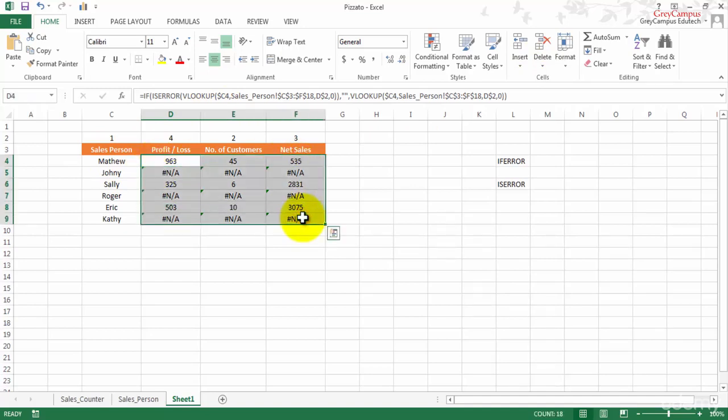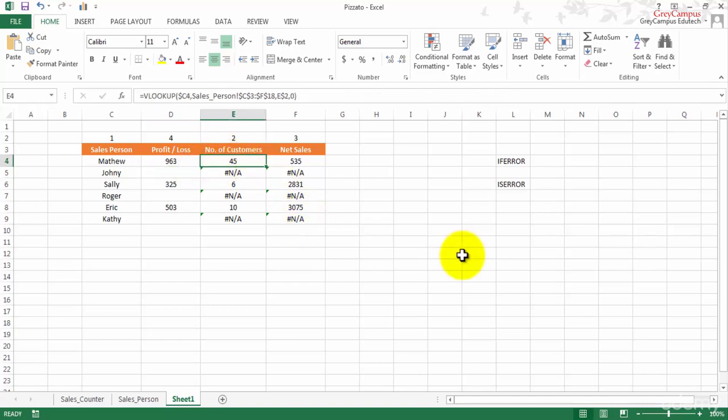However, if I copy it down, you can see that in these places where there was no data and an error was coming, that error has been handled. We trapped the #N/A, and it says that if that is an error, then just put it as a blank.